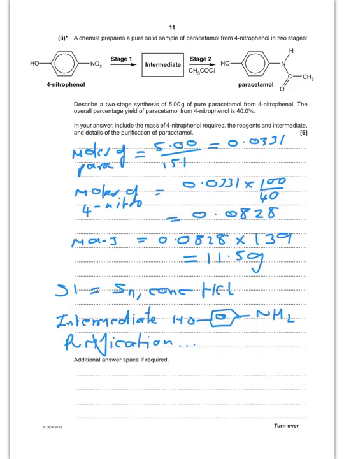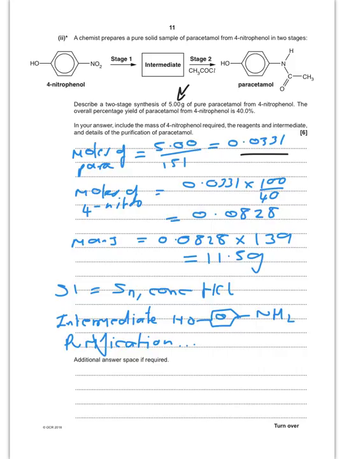So now we're going to look at how we go from 4-nitrophenol to paracetamol. So first of all, they want us to include the mass of 4-nitrophenol required, reagents, intermediate, and details of how we would purify our paracetamol. So let's first of all do the calculation. So we can find out our moles of paracetamol, because we need to get 5 grams of pure paracetamol. Molar mass of paracetamol is 151 to give you